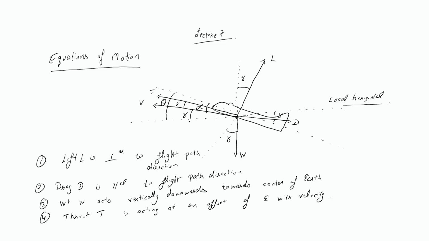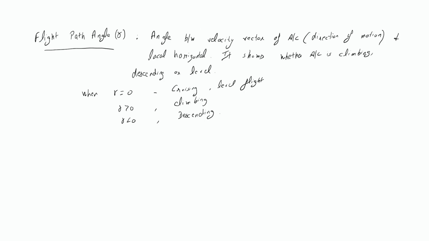In the absence of wind, please remember whichever direction the velocity is, the aircraft is moving in that direction. And this is defined by the flight path angle gamma. Next, I have introduced a new name, the pitch angle, that is theta. Let me define what this is. Pitch angle theta is the angle between the aircraft's longitudinal axis